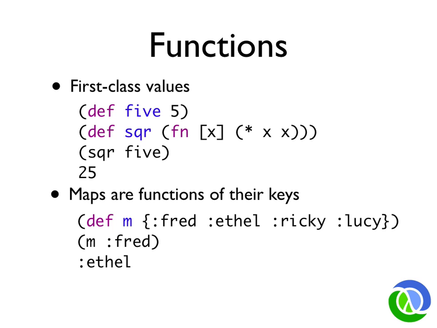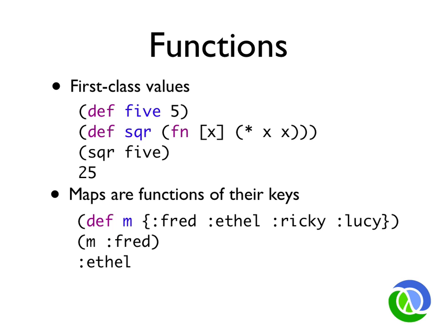And of course I don't need to do that, but I'm showing you a def of a symbol to a value. Now I'm going to show you a def of a symbol, SQR, to a value, which is a call to one of the other special operators called fn. And what fn does is it creates a function object. This is going to turn that code into something that gets compiled into a function that takes one argument and